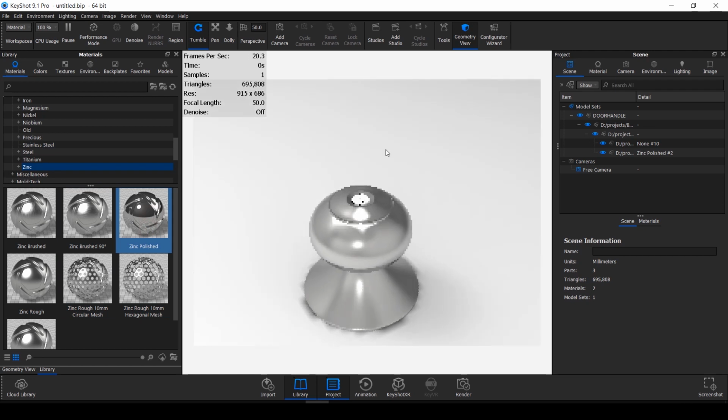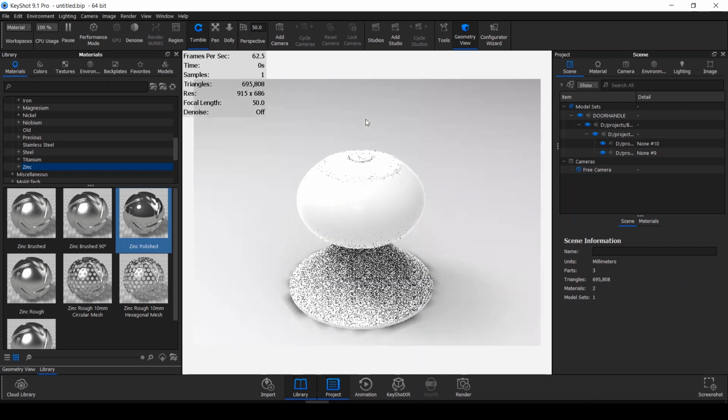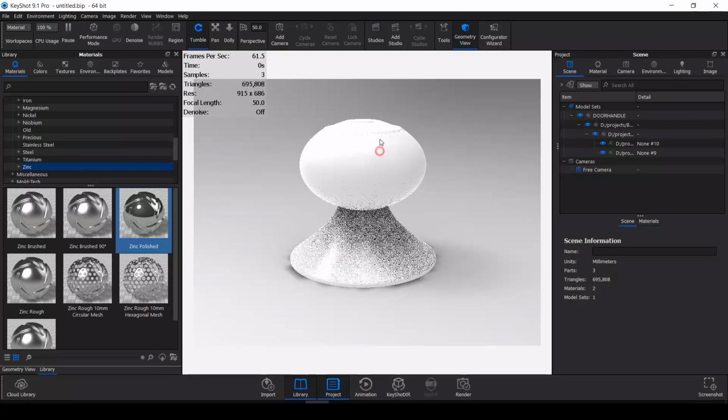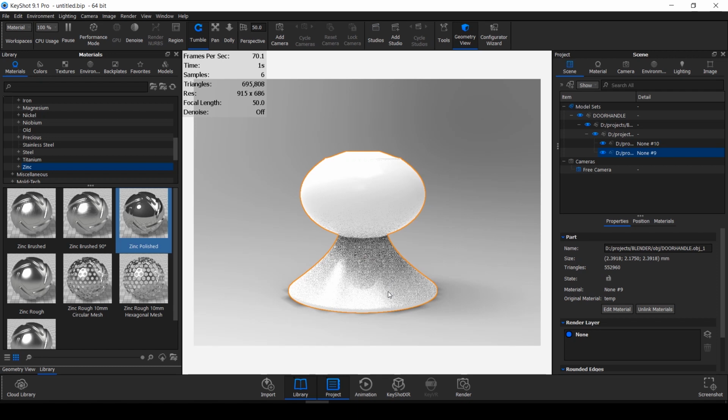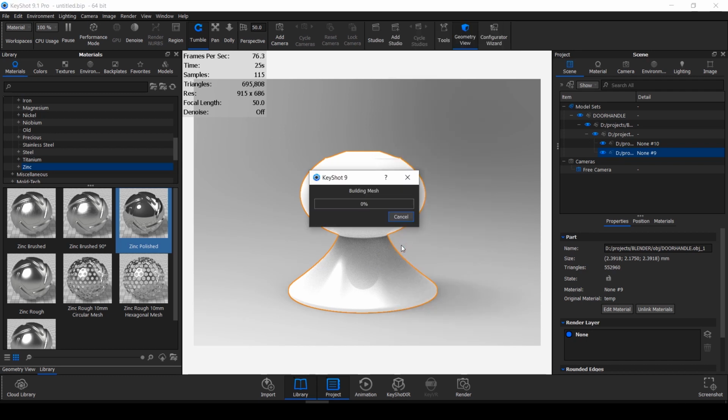Okay, I will simply press Ctrl Z. Now, while modeling, I have made this surface and this surface as a single object. So suppose I want to apply different material to this surface and this surface, how will I do that? To do that, I have to split this object into its surfaces. Surface is a part of an object. Okay, so to split them into surfaces, simply select the object, right click, and then split object surfaces.